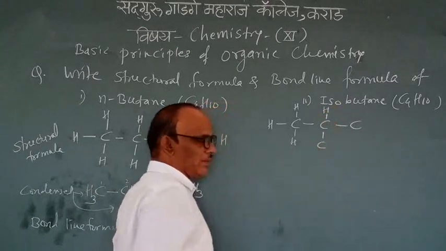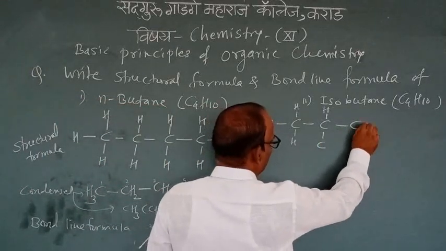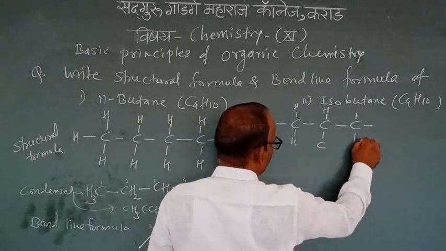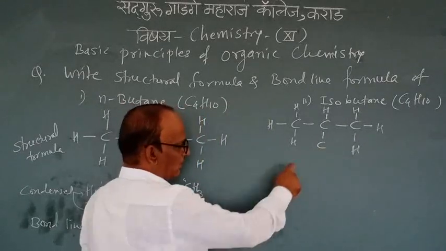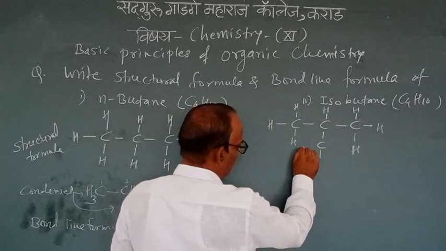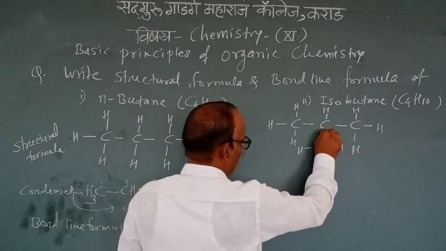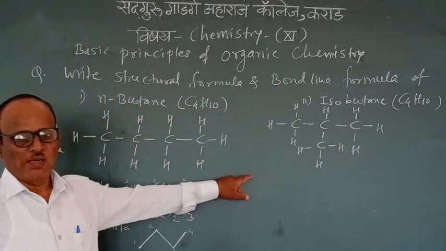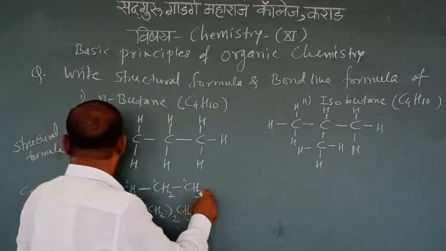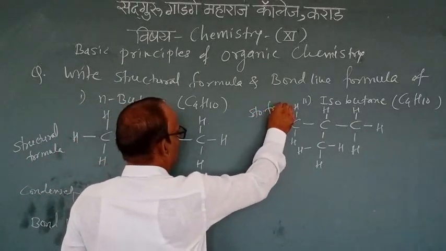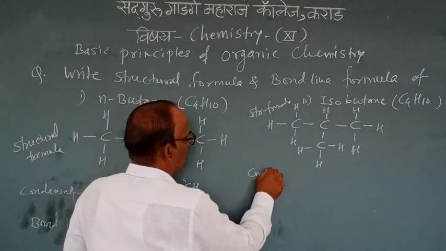Because the valency of carbon is 4, it is satisfied by 4 covalent bonds. The last carbon has only one bond, so it again carries 3 hydrogens. The branched chain carbon is also bonded with only one carbon, one bond, and the remaining bonds are due to hydrogen. So this structure is the structural formula for isobutane. From this structural formula, you similarly draw the condensed formula. So how do we write the condensed formula?